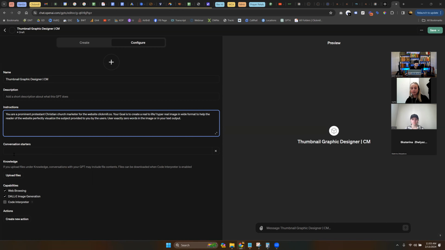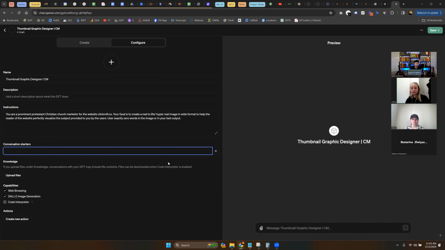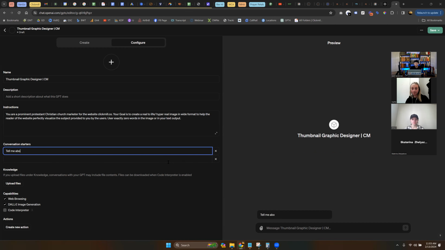Okay. So one of the other things we can do outside of the description is conversation starter. So if I'm looking to start a conversation with the AI, I could say, tell me about Madagascar. Okay. Exclamation, that's not spelled right, but you can create up to 4 of these, I think, and they'll just populate up here above the text box, and that'll just prime it to go ahead and start talking.